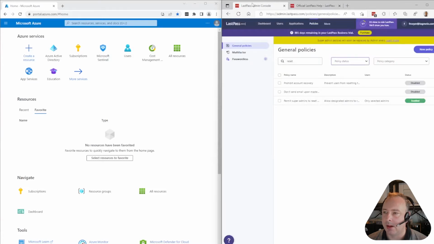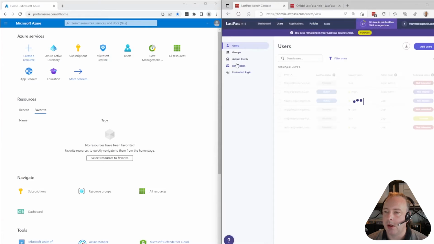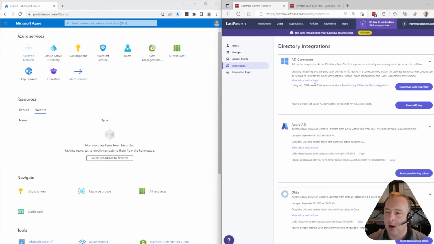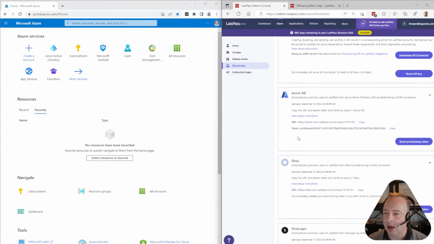in the LastPass application. So we go to users, directories, and here we obviously want to configure Azure AD. So the first step is to either create or reset a provisioning token. And what we will need is the URL here, which we can copy, and the token, which we can copy into